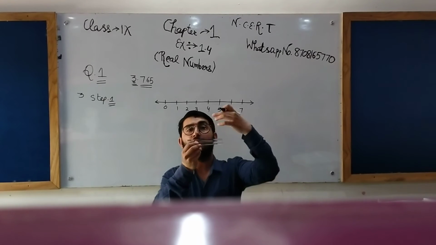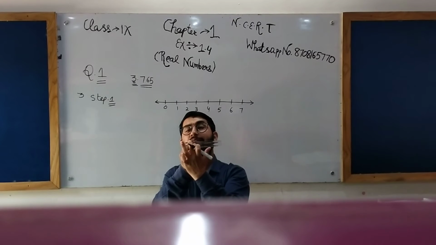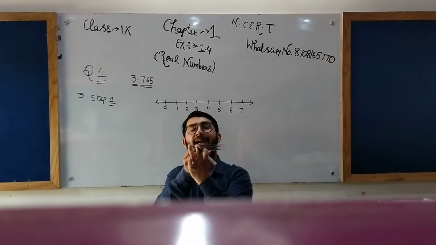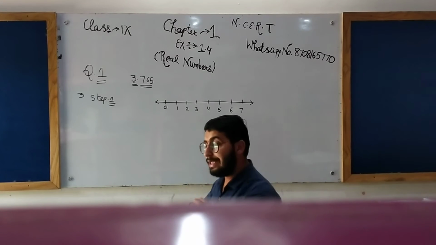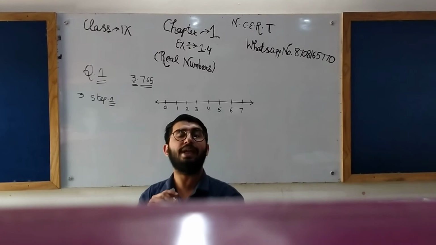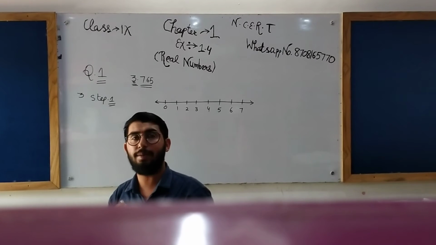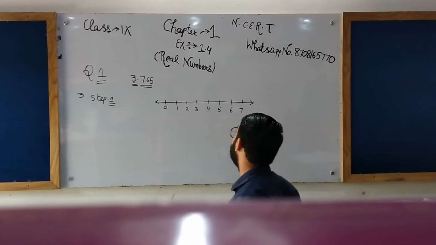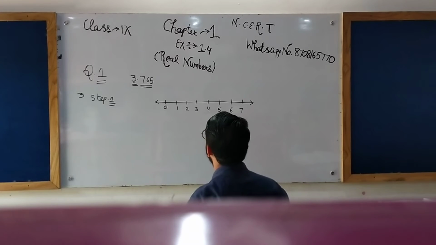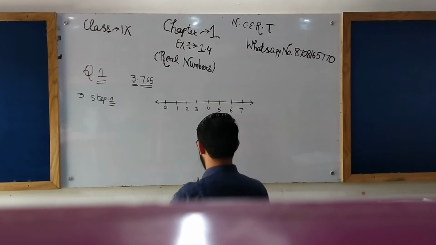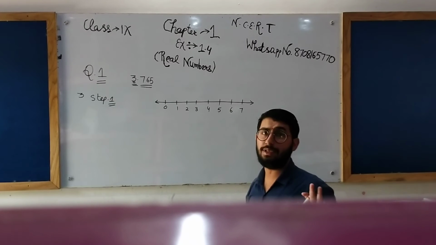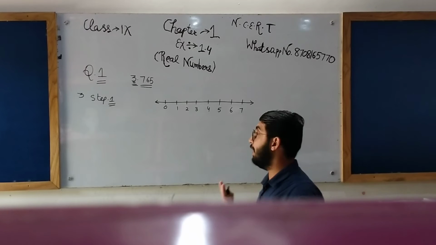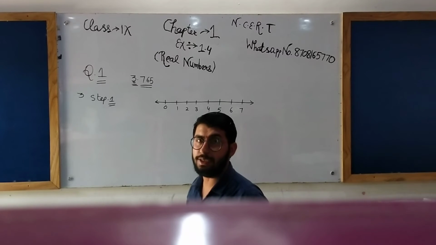Look at this scale. We start with 0 and take this as 1 centimeter, this as 2 centimeters, this as 3 centimeters. The distance between two consecutive numbers will be 1 centimeter according to the scale. This is a 15 centimeter scale. Clear? You can also take this number as 0. It doesn't make any difference, because on the left hand side there will be negative integers.